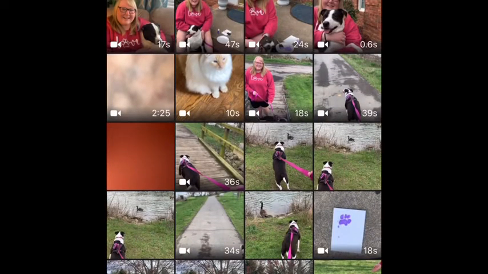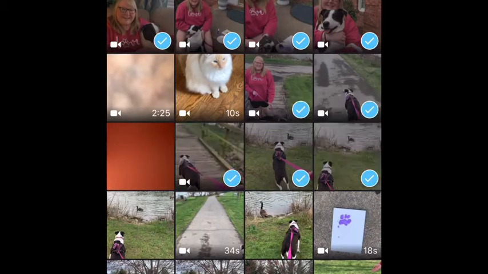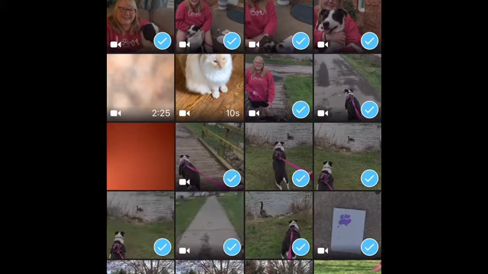Once you've selected movie, this should open up all of your photos and videos that are on your device. You can just click which ones you want to include in your movie. The little blue circle with the little check mark should show up that you've selected it. And then once you have selected them, hit Create Movie at the bottom, and it will put them all into